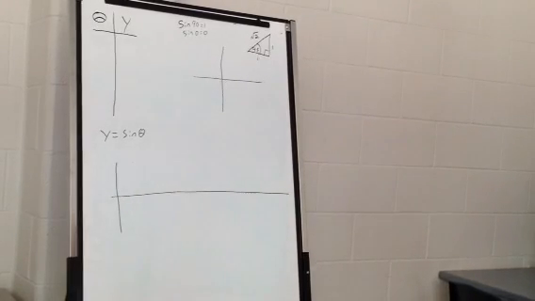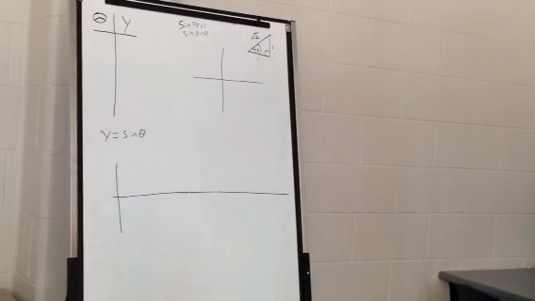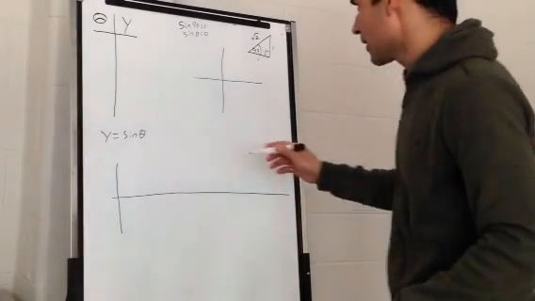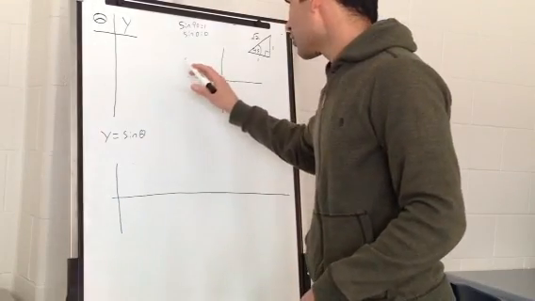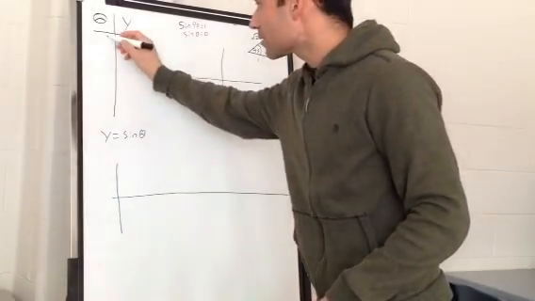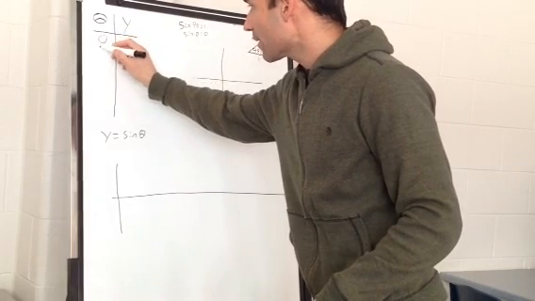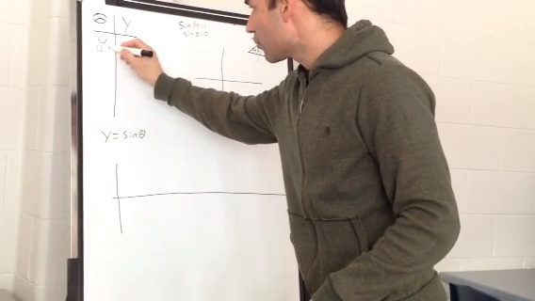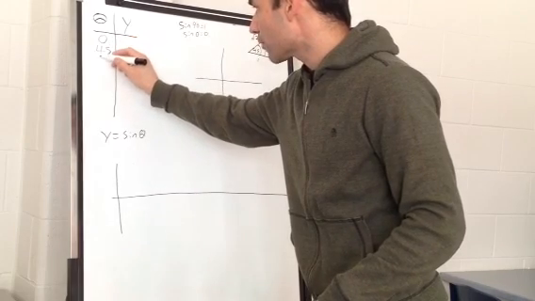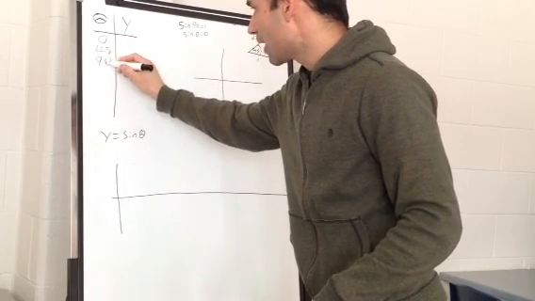This is the start of chapter 2, and we're going to look at plotting y is equal to sine theta. Now to get some points at the beginning, I'm going to go by every 45 degrees. So we're going to start at 0 and keep adding 45. So we have 0 degrees, 45, 90,